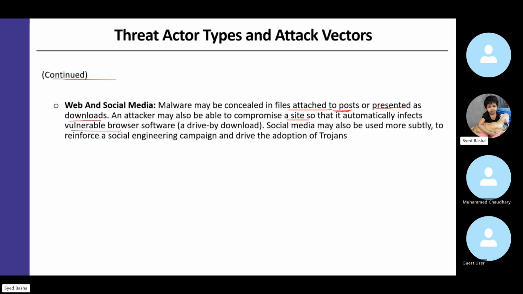And it doesn't mean that if you go to bbc.com, a news website, it is secure. Never think that, because what if an attacker has already compromised bbc.com and starts feeding malicious traffic from bbc.com to all the subscribers? It is possible, right? So we should be very careful. Whatever is unnecessary for us, we should not download.